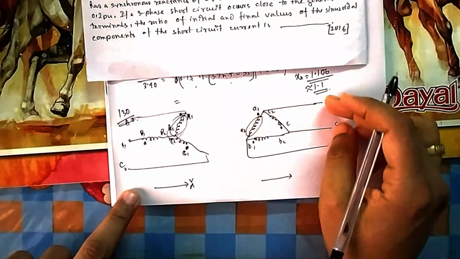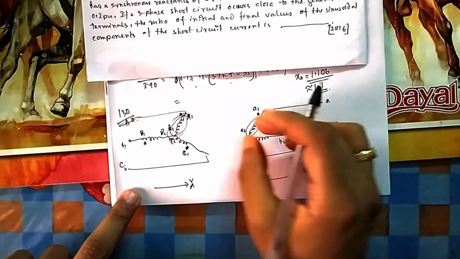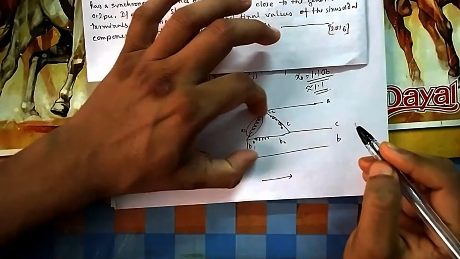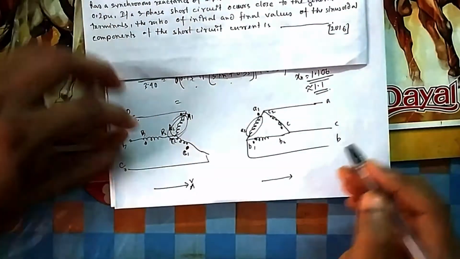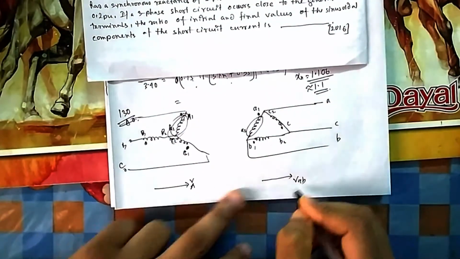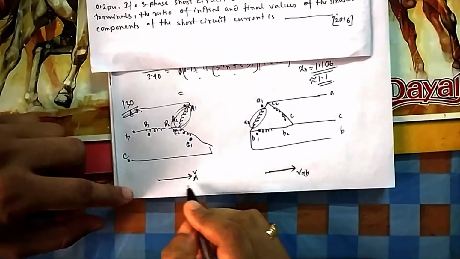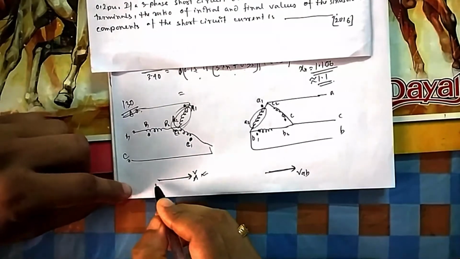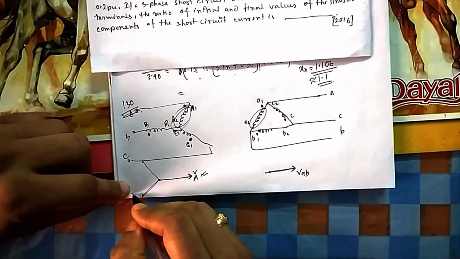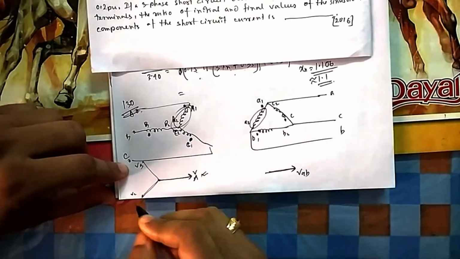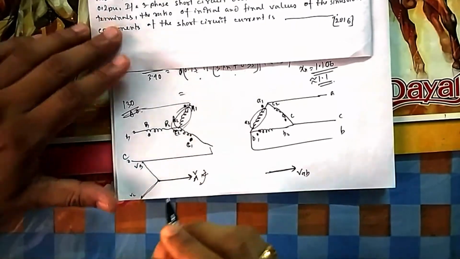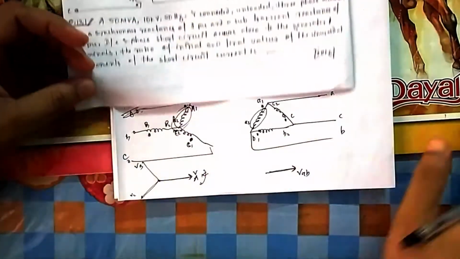But here the name will change. It is now VAB, because here you can say the voltage across this is VAB. Here the voltage across this. So both are at the same phase. That's why I am writing it. Same phase means if it is flat, it will also be flat. Okay. Now you can see once you know this one, because it is negative sequence, what will be the next one? It will be VC. It will be VB. Because it is negative sequence, after A, C will come. They have excited it with negative sequence.